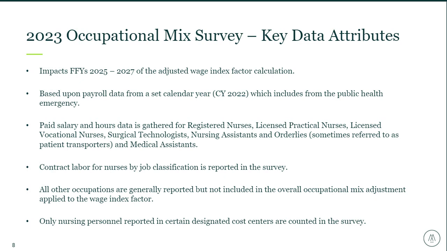The data for nursing salaries and hours are reported for designated cost centers, which are counted in the survey. We will go into more detail on another slide, but one example would be if there is nursing personnel in a therapy cost center, physical therapy worksheet line 65 or speech therapy line 68, the nursing salaries and hours are not reported as nursing, but rather as all other category. Also similar to the wage index, the non-IPPS areas of the hospital are excluded from the survey, and therefore nursing personnel in the SNF, for example, are excluded.